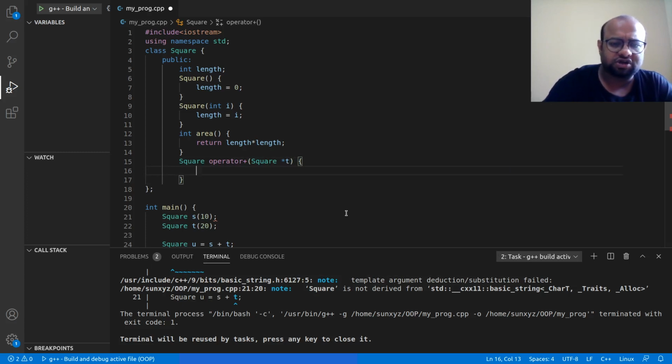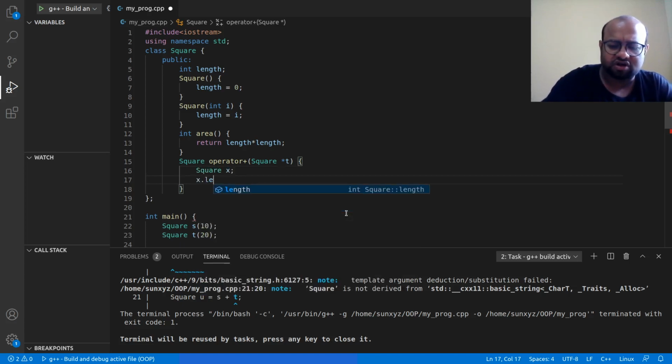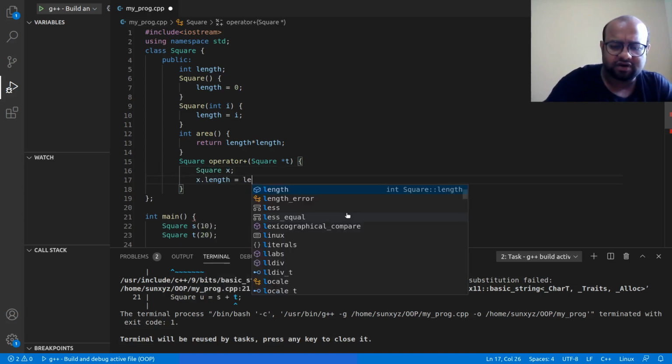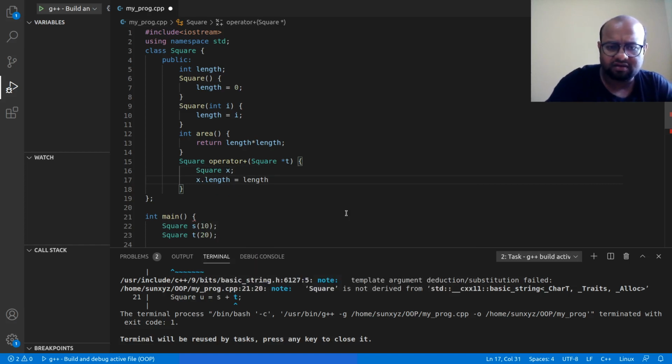So this should do what? Let me create a square x. Then x dot length equal to my own length plus t dot length.